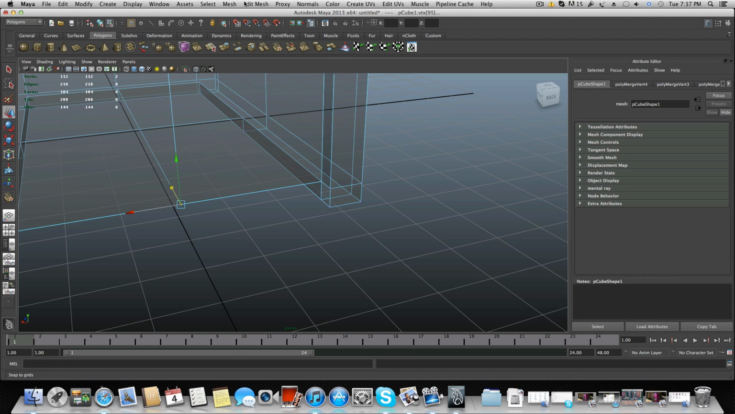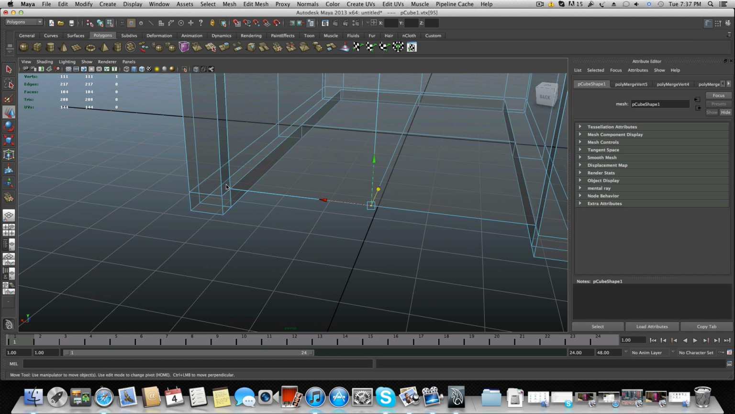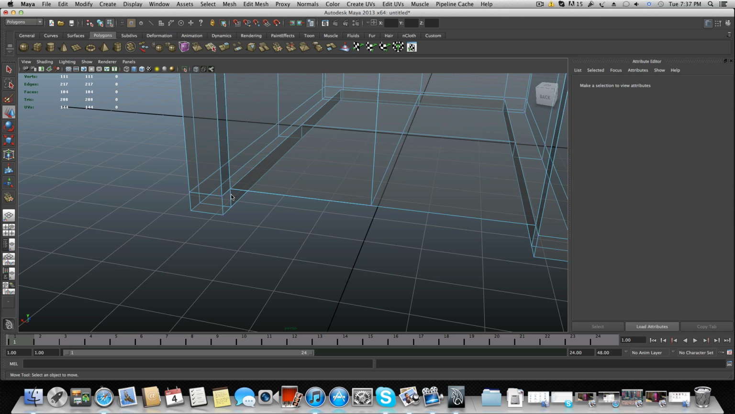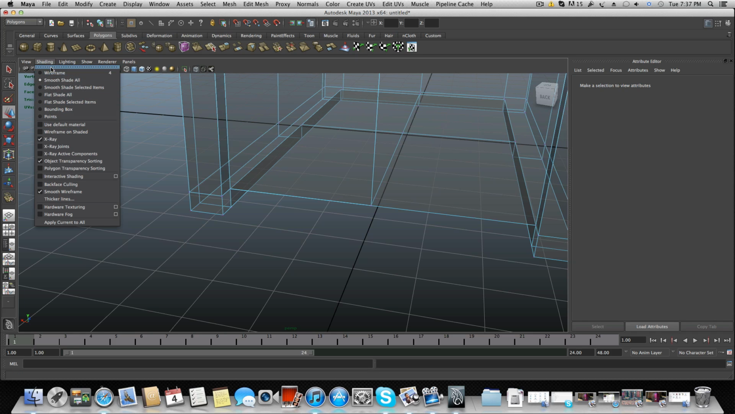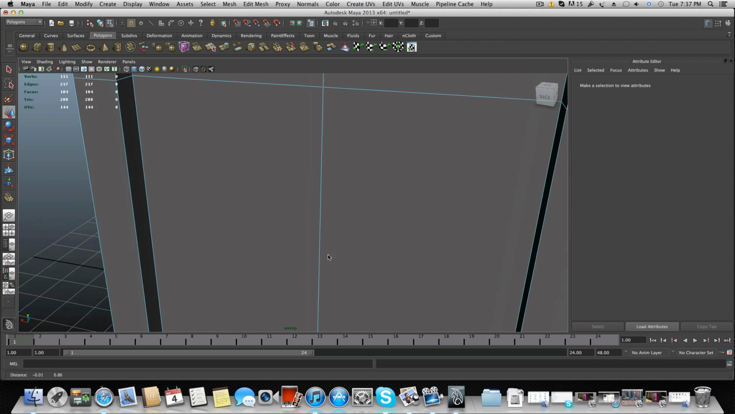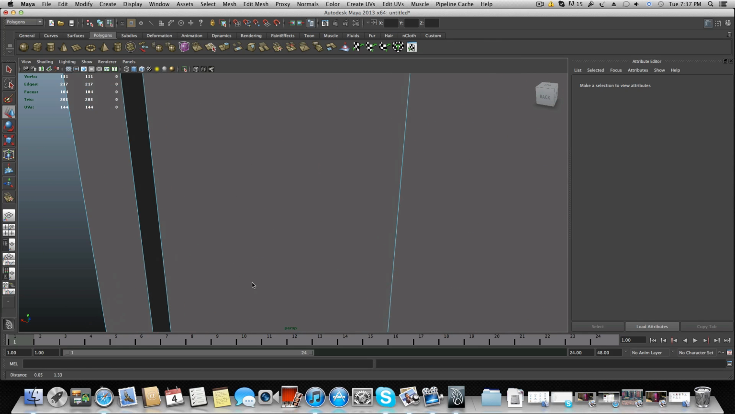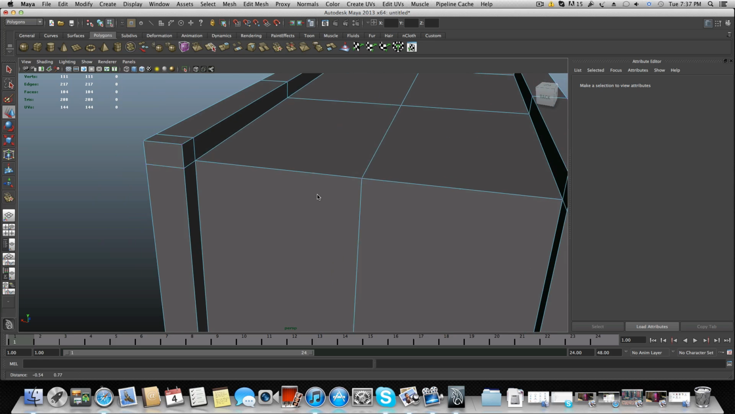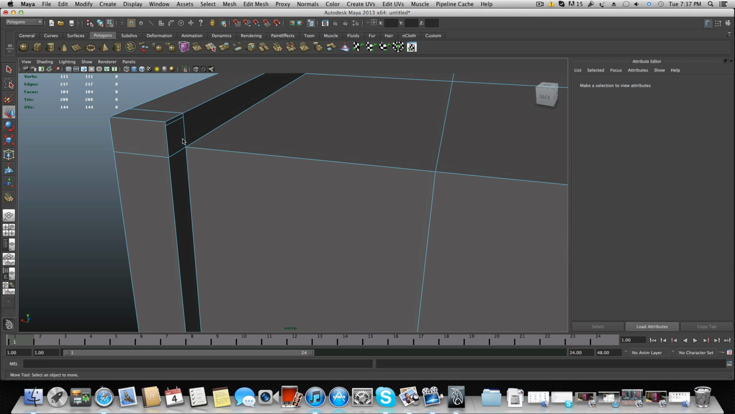Merge, edit mesh, merge. And these two, you know what, I will leave these two open because I want to show you something. Okay, so I will turn off X-ray now. Now, after I connected those vertices points,